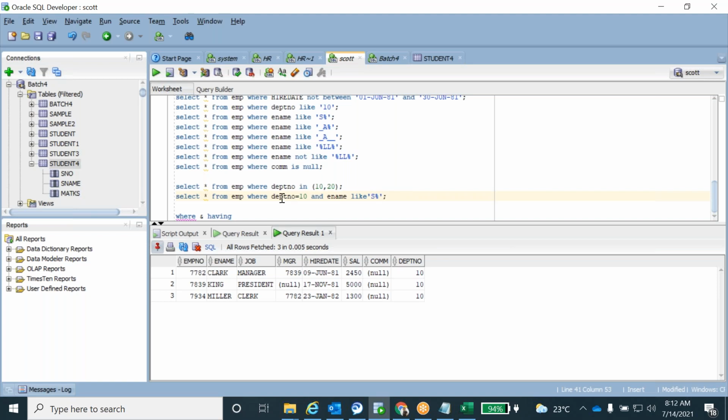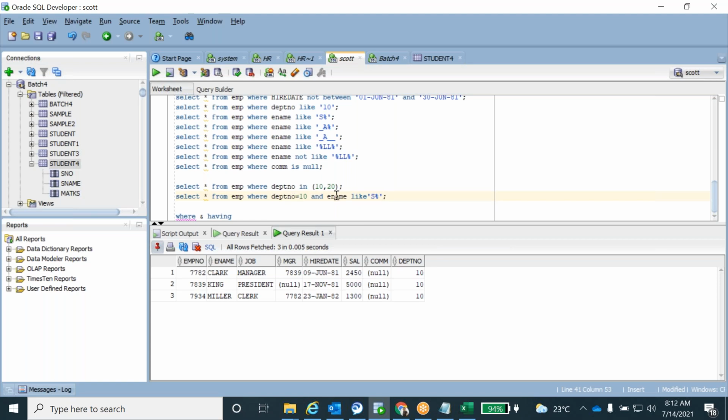These are the two conditions. One is department equal to 10, and the other condition is ename like 'S%'. So we have already verified that the first condition is matching, meaning it is a true condition.